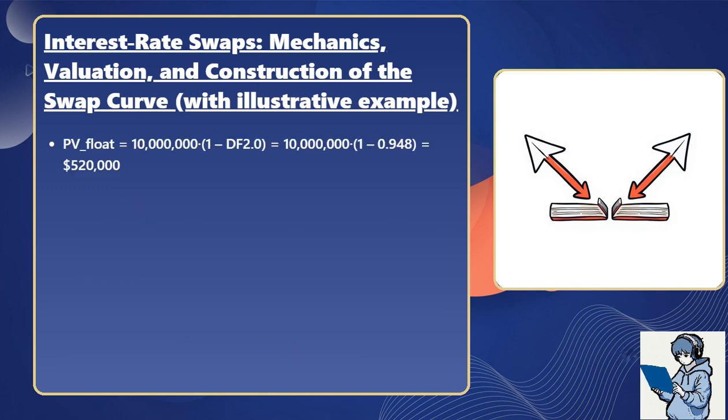PV float equals 10 million times (1 minus DF 2.0)